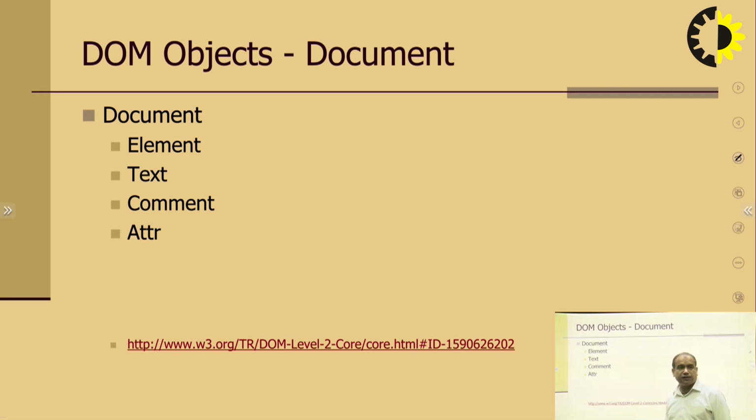So here what we will use: document, element, text, comment and attribute. For further information you have to visit w3.org/tr DOM level 2 core. You will see the complete description about the DOM